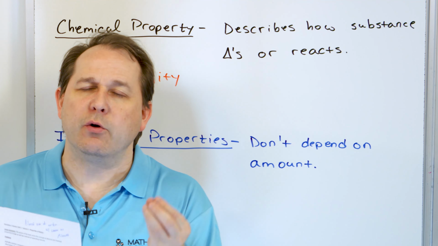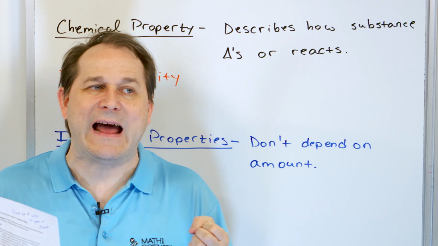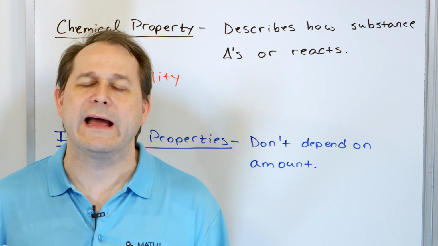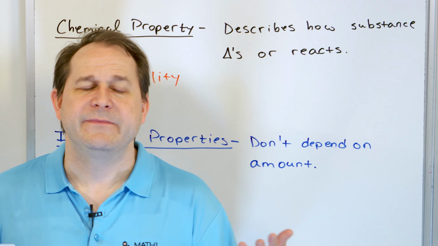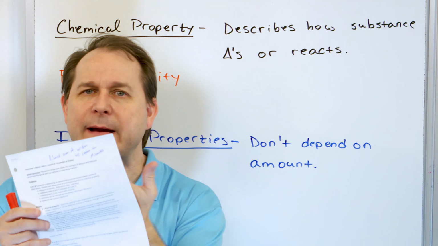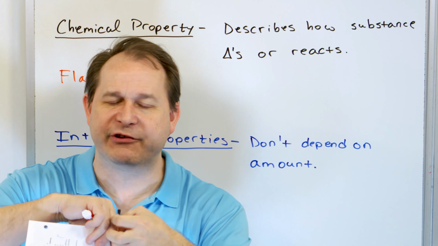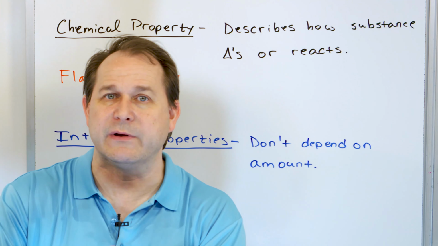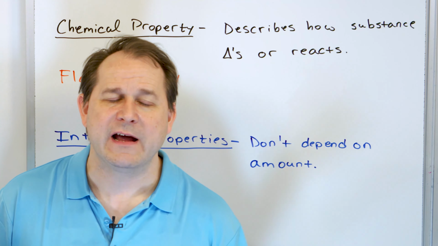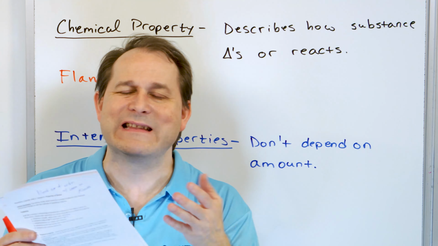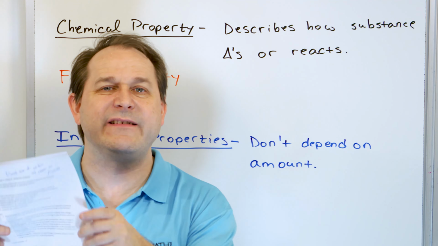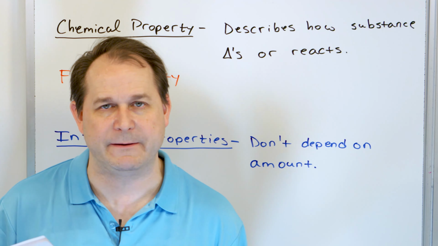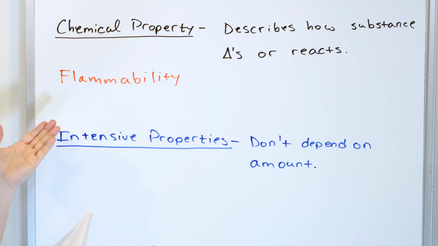But see, the only way you can test flammability is to actually force it to undergo a chemical reaction and try to see how flammable it is. I have to burn some paper to see how flammable it is. And once I burn the paper, it's combined with the oxygen. That's what burning is, combining with oxygen. And then you have ash. And so the substance you have left over is not the same as what you started with. So the only way to really measure flammability is to make some sort of chemical change happen. So it can't be a physical property. It has to be some sort of chemical property.